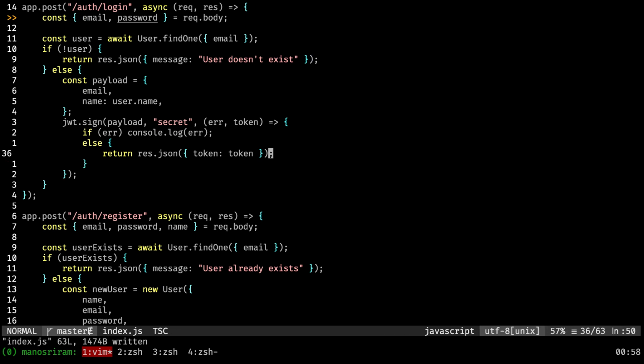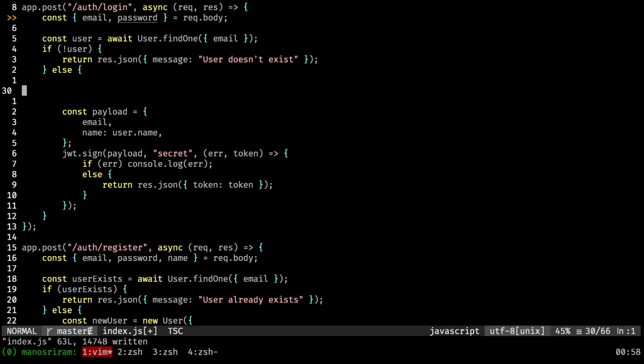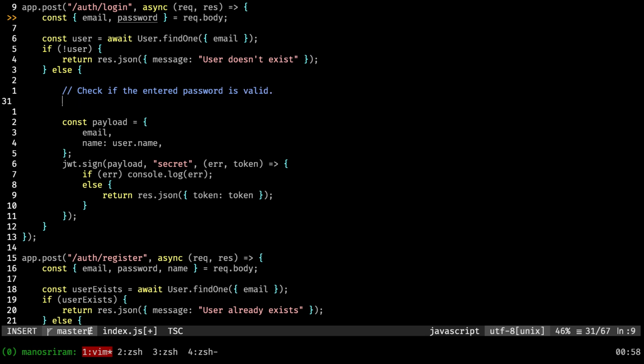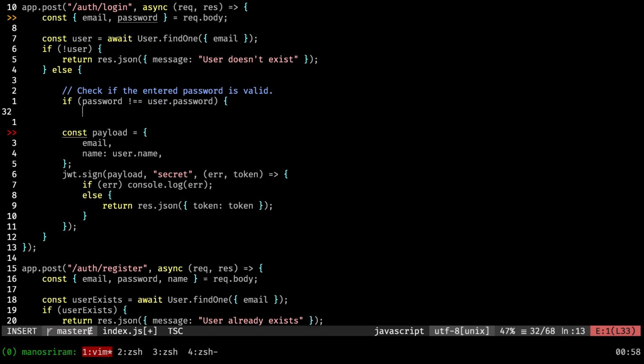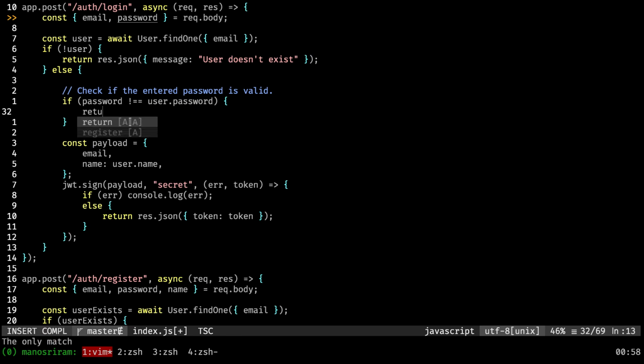Also, we forgot to do one thing, which is to check if the password is right or wrong. So before creating a payload, we need to check if the entered password is valid. To do that, we can just compare the password which the user entered with the password which is inside the user object. If they are not equal, then we will return immediately, giving a message saying password incorrect,